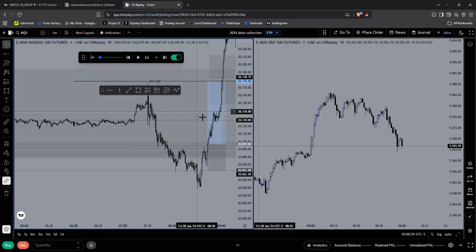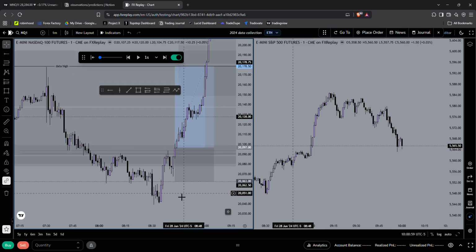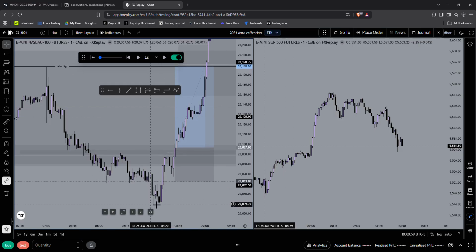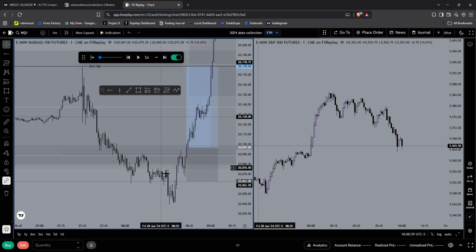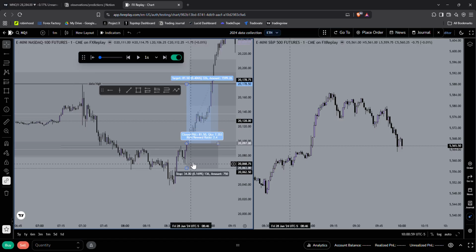Once we get below true day opening price, we are now in a what? Time discount. Okay, we're also in this 4-hour gap. We have LR, the trend is bullish. We have data high, all-time highs above. 8:30, we manipulate lower, adding on to that time discount, and we get this move higher. So we get a change in the state right here, and then we close above structure here.